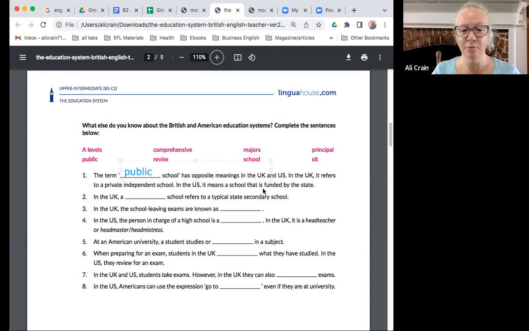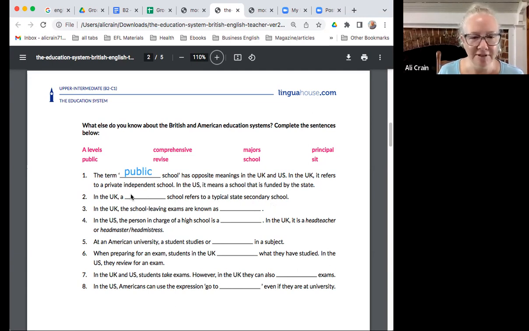So in the US, most people go to public schools. Those are the ones that are funded by the government and come from the taxes that we pay. In the UK, that is a private school. In the US, we say private school versus public school. Either you're paying for it yourself, which is private, or it's public, that anyone can go to. What is it called then in the UK? I guess it's a state school.